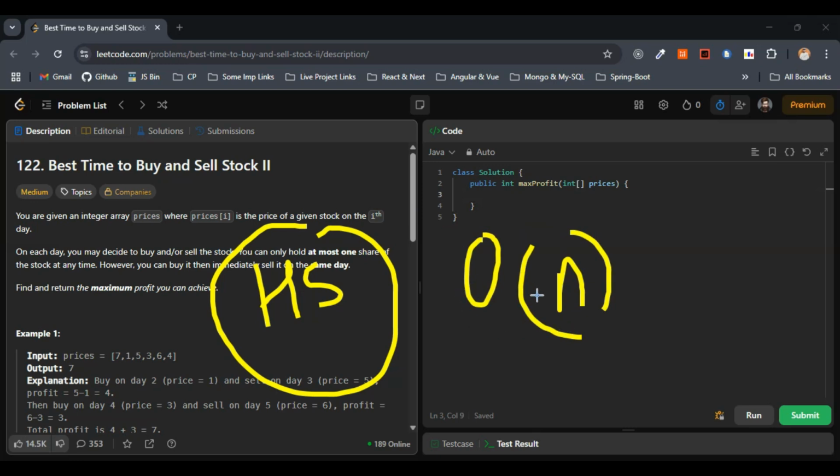So we will be going with a single pass through the prices array. You will see that when we write the code. So overall, the time complexity would be O(n), and the space complexity would be O(n) as well,